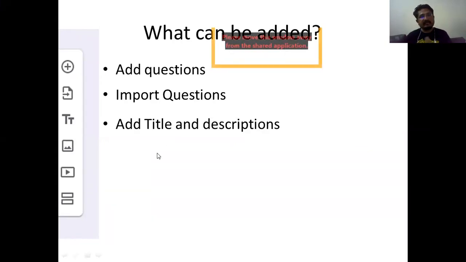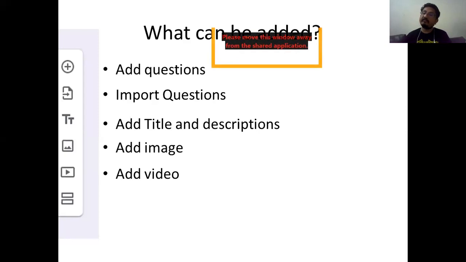Then title and descriptions. In our question papers, we see Section A, attempt and write in 30 words or 50 words. Section B, it's short, you can attempt any 6 questions out of the given 7, and the answers must be 300 words. So likewise, the descriptions and titles can be given through this third option. Fourth, a very well-known icon through which we can add any image. And the fifth is again a well-known icon in which we can add videos. And the last option is sections.